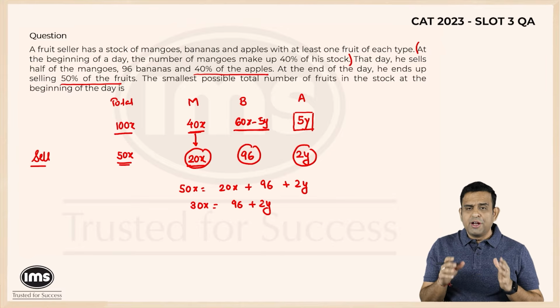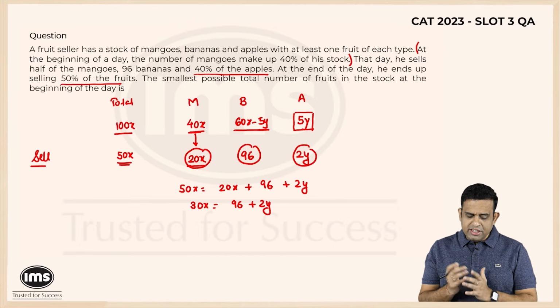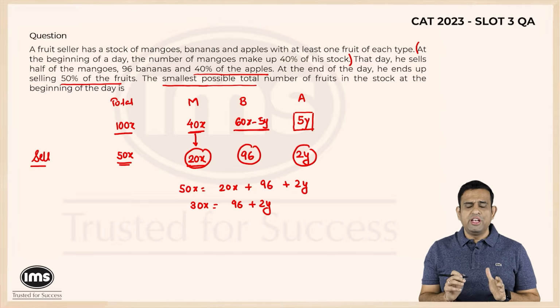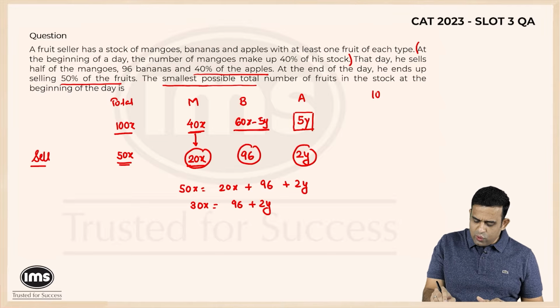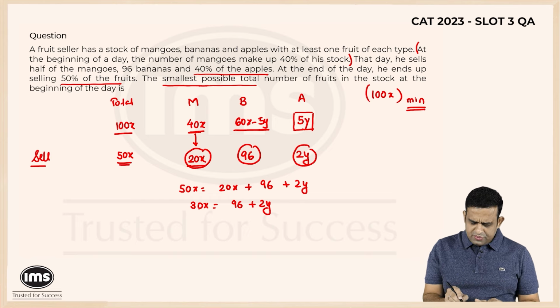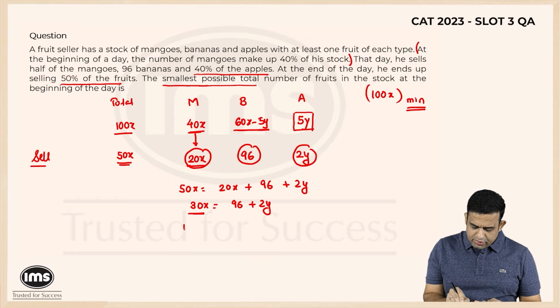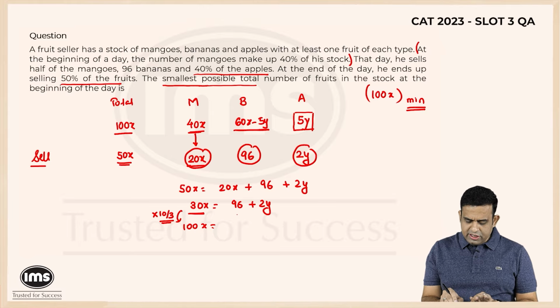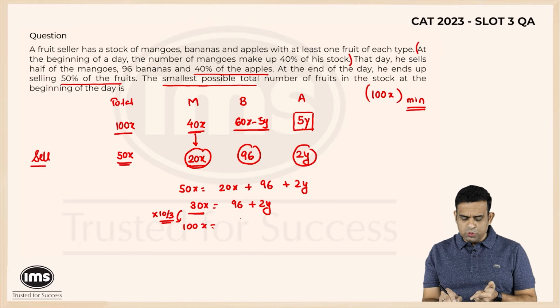Now please note the task for you in this particular case is to minimize the smallest possible total number of fruits. So in a way we need to find out the smallest value of 100x. This needs to be minimized. And to minimize this, basically we need to minimize the value of x. So if 100x corresponds to this particular number, then the number 100x will be nothing but, over here we need to multiply by 10/3. So if I do that into 10/3, so 96 by 3 happens to be